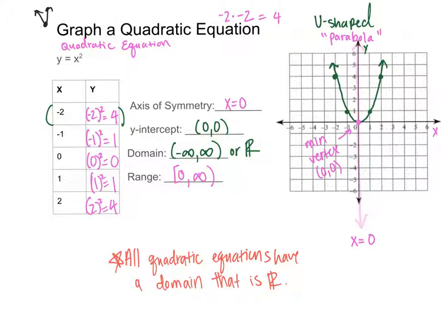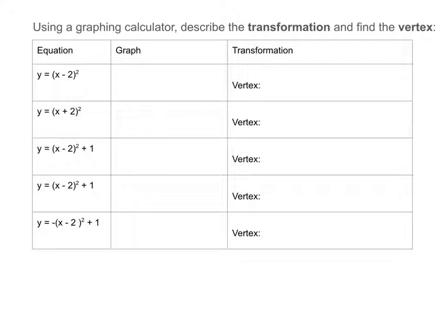So what I'm going to do is give you guys a bunch of quadratic equations, but I'm going to add more shifts or add more numbers to the equation. That way you guys can see what happens when you add certain numbers and certain signs to the quadratic equation. How does that shift the graph? Okay, so here's a table where I have 5 different types of quadratic equation. Notice how their highest power here is 2. The only difference is that I have some parentheses here with numbers inside the parentheses and numbers outside the parentheses. And so what we're going to do is graph them, figure out their shifts, and then